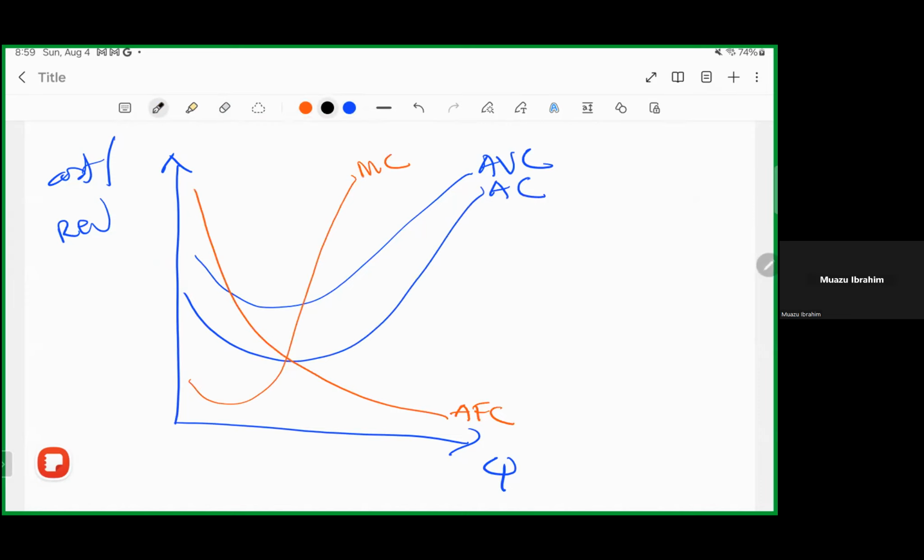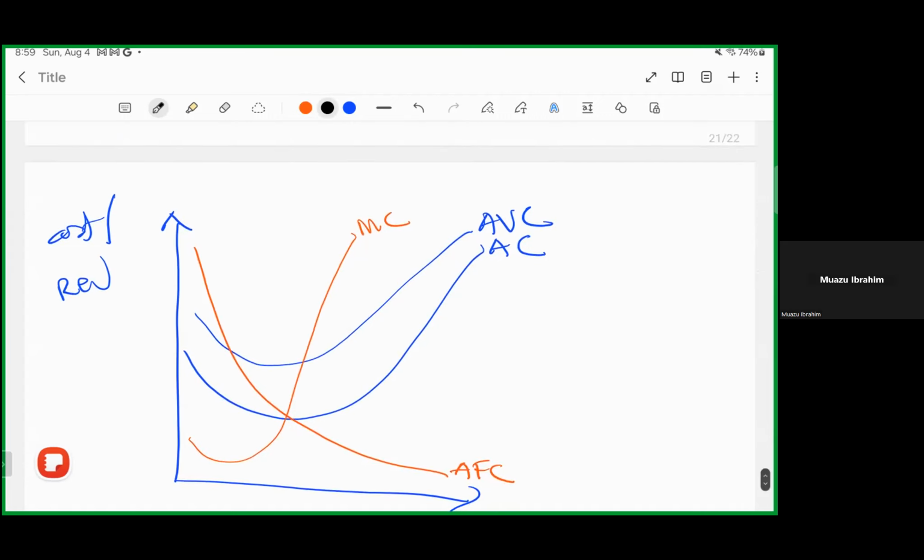Average variable cost curve. Remember, for firms to shut down, we are looking at what? Please note, you shut down if the price that you are selling at is less than your average variable cost. And you know variable cost per unit of output increases with output, okay? You can perceive the variable cost as the input cost. So if the amount that you are selling your product for is not even able to cover the input cost, then you have to shut down. So firms should shut down if the price is less than the average variable cost.